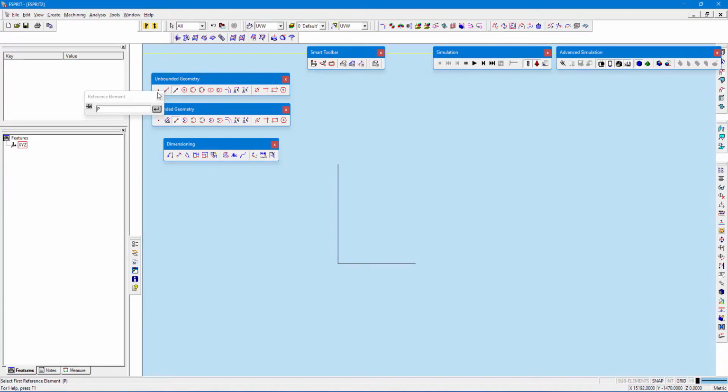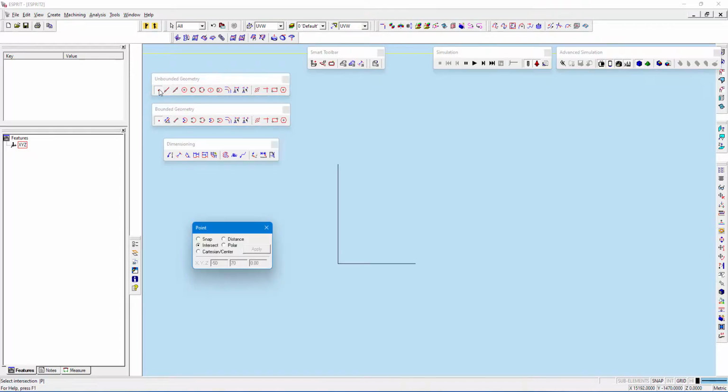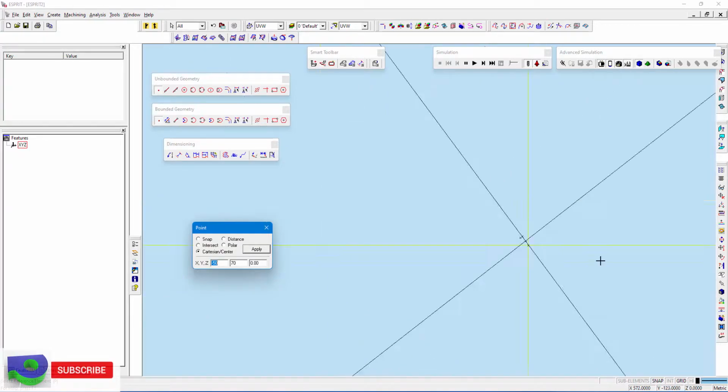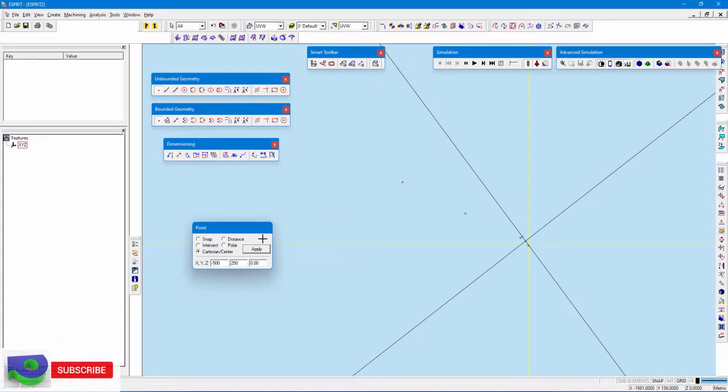Majorly, line 1 will be given the same way I showed you in Cartesian. By using this, I will select a point, for example first x minus 500, and y 250, and I will select apply, and from there again I will select it going up. So that's all completed.